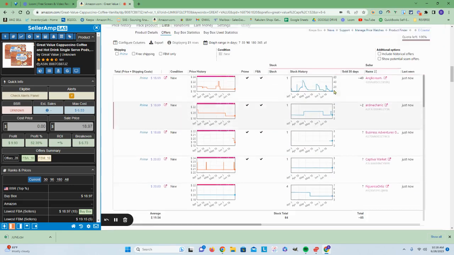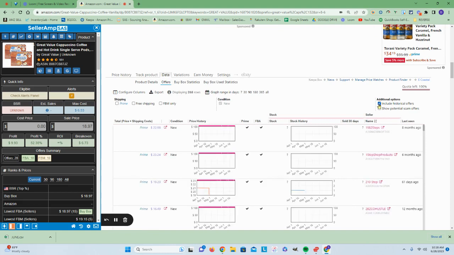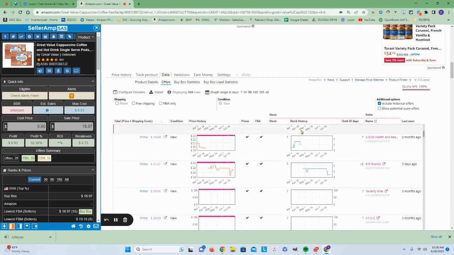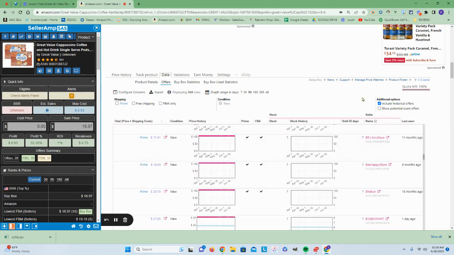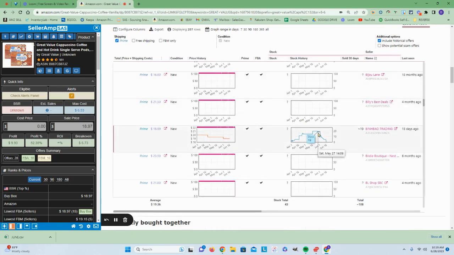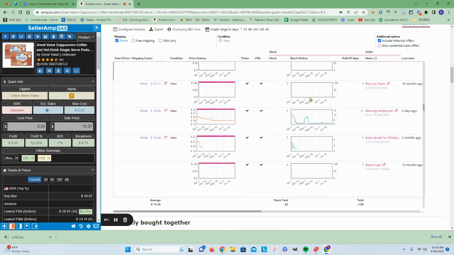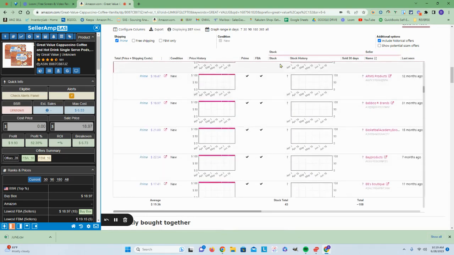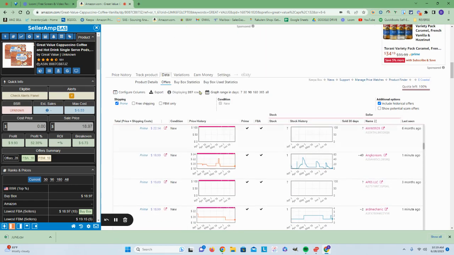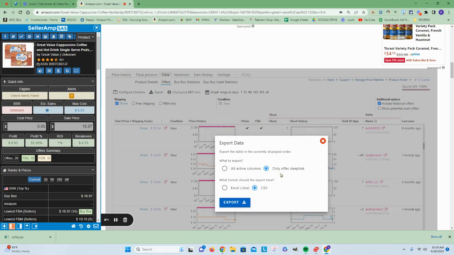A lot of times what I like to do here is include the historicals, which is going to include anybody who has ever sold this product. And you can see we went from 21 to 268. So now we've got a ton of sellers in here that we're going to be reverse searching. I like to click on the Prime option just because I sell a lot of stuff FBA and it is Prime. So that took us down to 207, which is more than plenty. So what we're going to do is export this deep link,